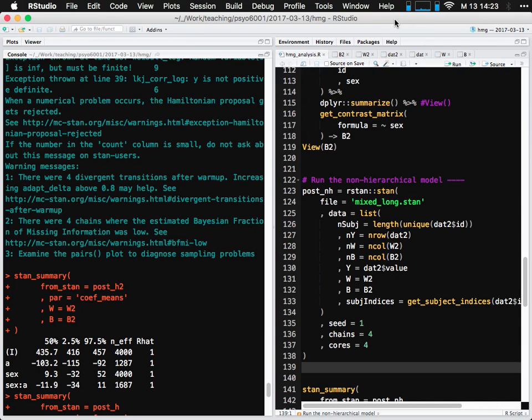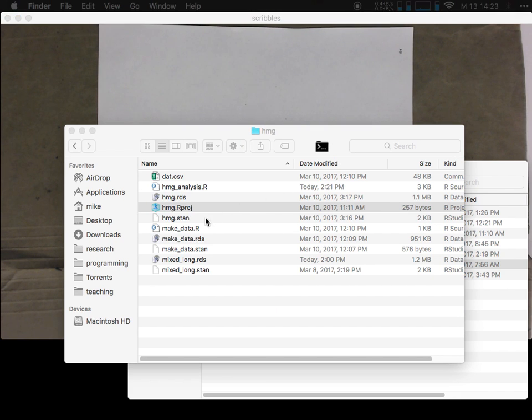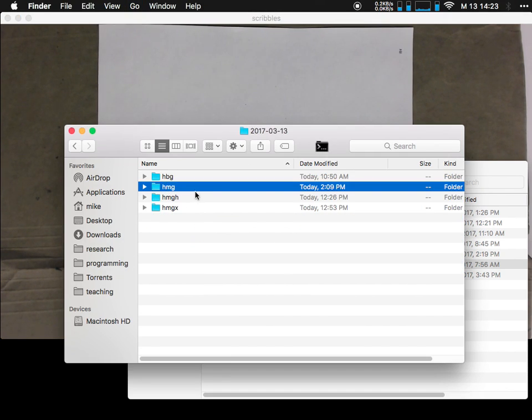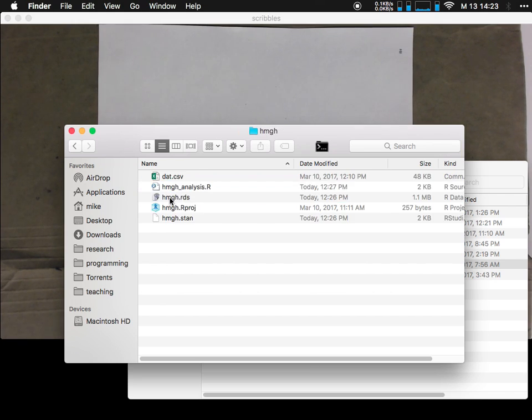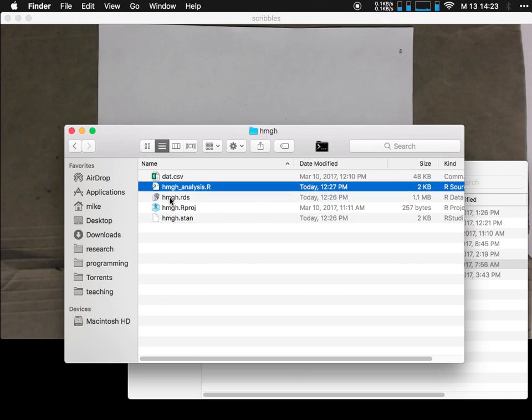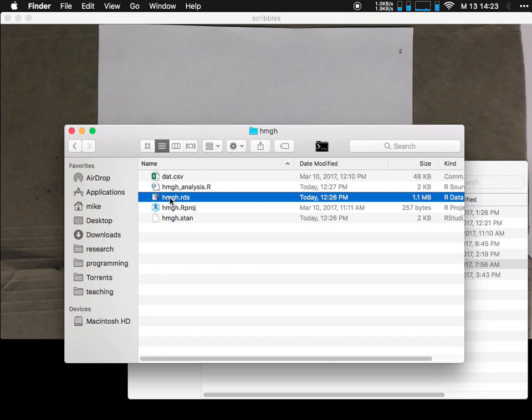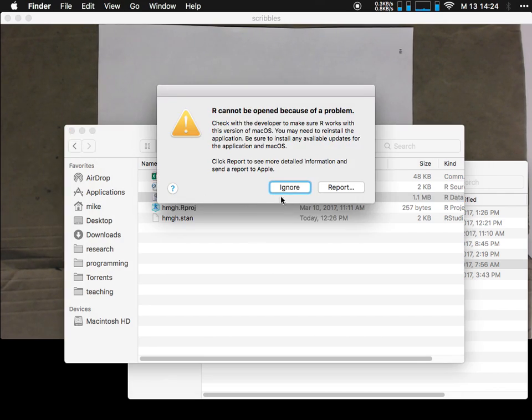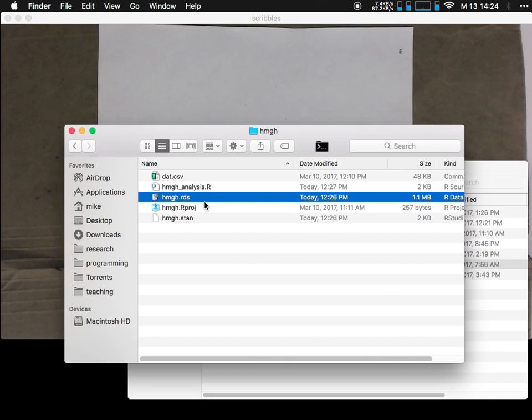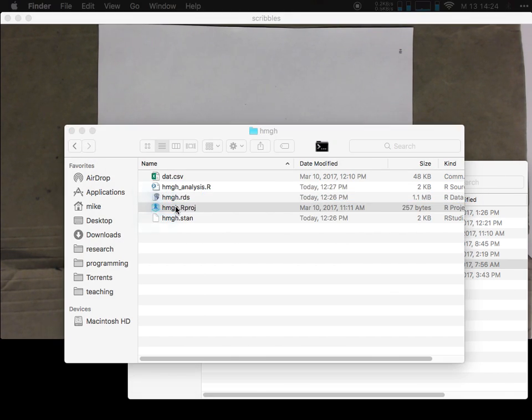So I'm going to bring up a new project, a new folder in here, HMGH. The H stands for heterogeneity. This is going to be heterogeneity of measurement noise. You know, heterogeneity versus homogeneity. Sorry? Like the opposite of that. Yes, you're right. So these